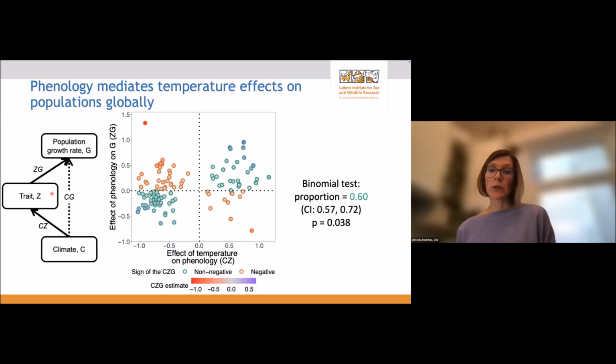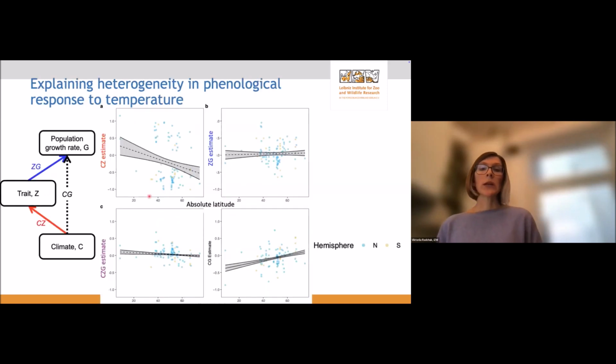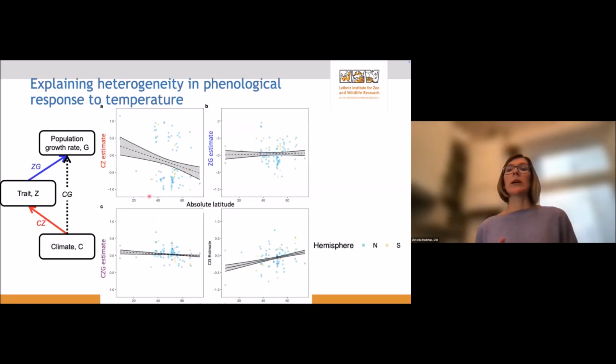Importantly, in large proportions of studies, ZG, so this y on the y-axis, is very close to 0, which is an indication that the majority of these responses are likely due to phenotypic plasticity and not microevolution. However, this is just an indication, and of course, unfortunately, we do not have the detailed necessary data for each study to confirm that.